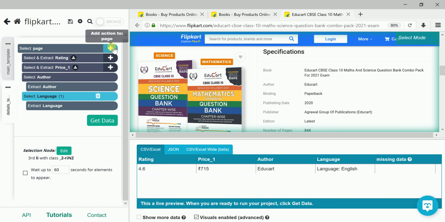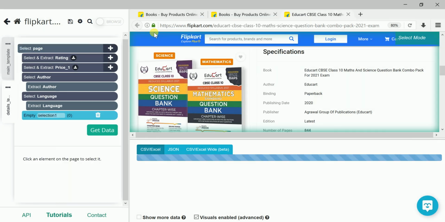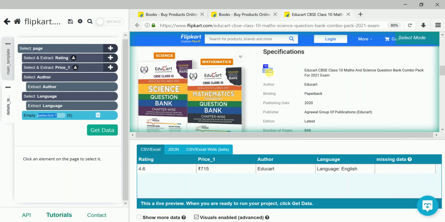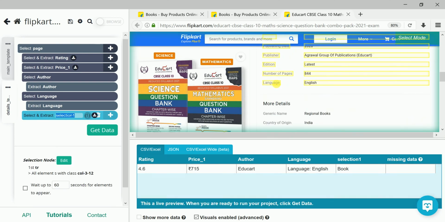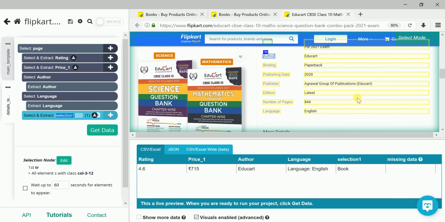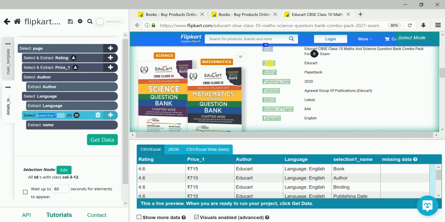Here I need to select, then select here. I'll select this first. I want all the data till here, the highlighted data. To get this, once I select the second one here, then all will be selected. You can see here, all will be selected.